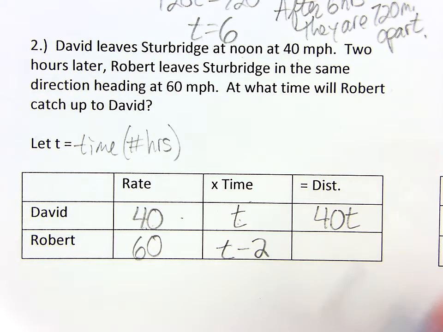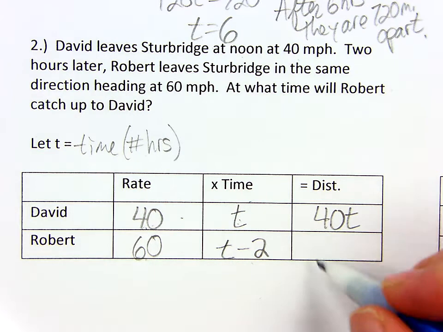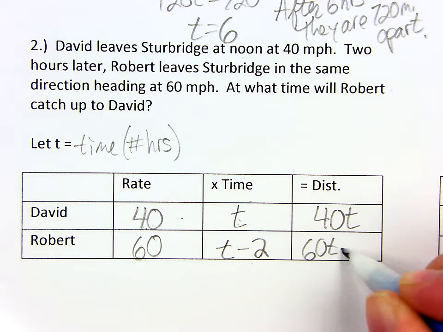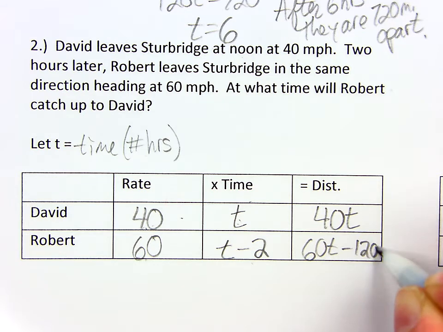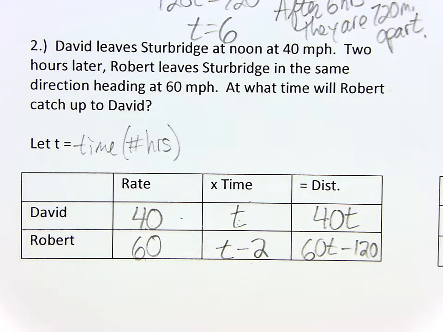Be careful down here. What's 60 times T minus 2? 60T minus 120, right? You have to distribute. You're doing 60 times T and 60 times negative 2. 60T minus 120. You follow me? See, the chart's not so bad. Once you have the chart filled out,